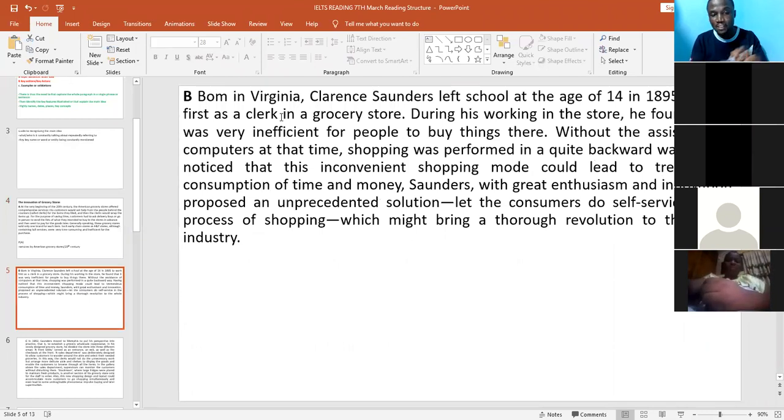Paragraph 2: Born in Virginia, Clarence Saunders left school at the age of 14 in 1895 to work first as a clerk in a grocery store. So you should note that the grocery store is the particular thing they are talking about. But a new dimension has entered. Somebody came to work in a particular grocery store. During his work, the second sentence is still referring to this person. He came to work. During his work in the store, he found that